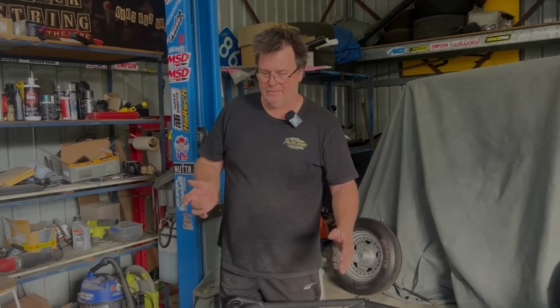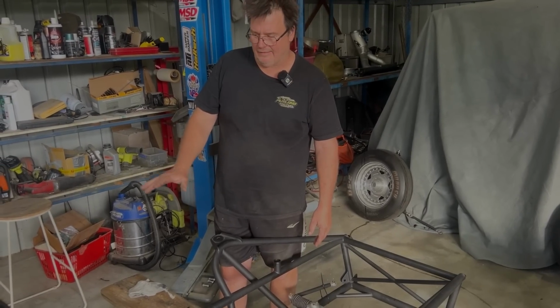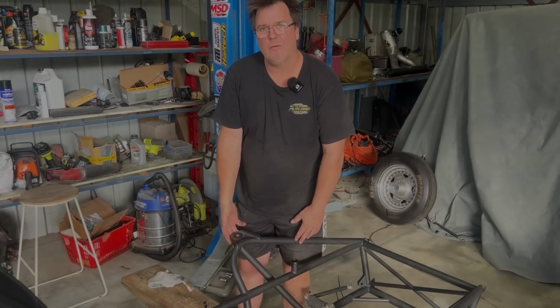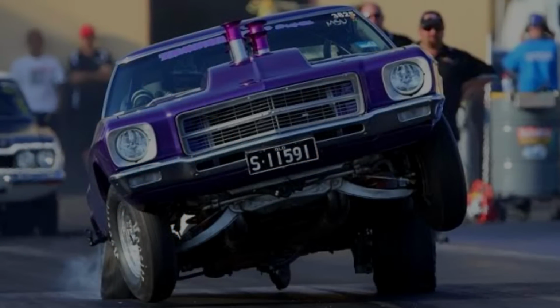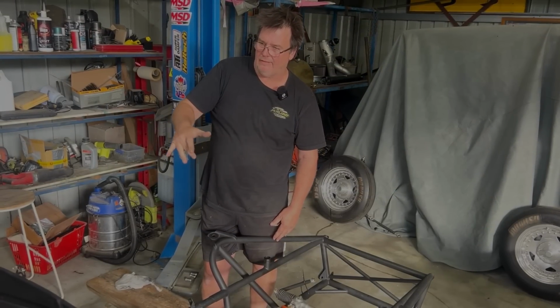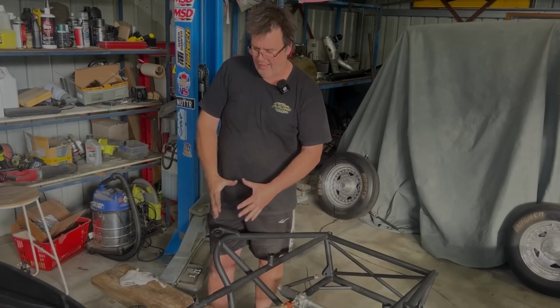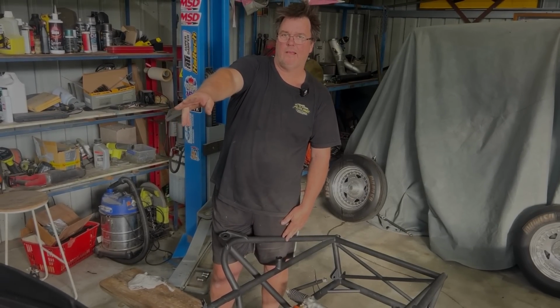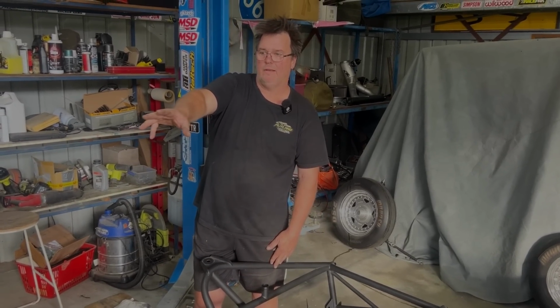As you would have seen in HQ Holdens or high horsepower Toranas with standard chassis, the inertia of the engine whips up so much lift on this left-hand front of the car. You'll see the cars with the left hanging right up in the air. Well, even in a stiff chassis car like this, when you're up over 2,500 or even 2,000 horsepower, all that energy, all that lift is getting transferred back over to the right-hand rear wheel. And that is where the ARB